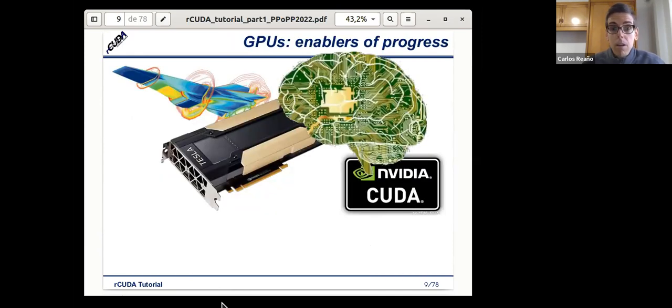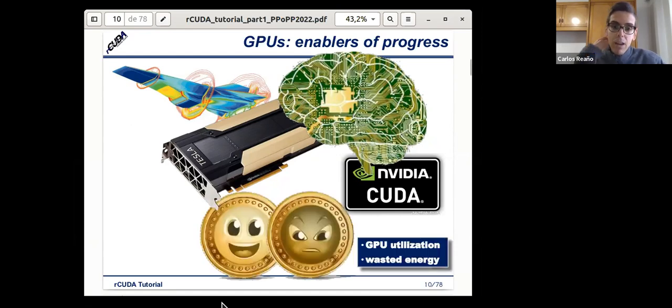Okay, so of course, we could say that the GPUs and the acceleration they provide enable progress because they accelerate those applications. They reduce tremendously the execution time, and that's a very good outcome. But sometimes we have different concerns because those GPUs are usually very expensive. Those GPUs usually are very power hungry.